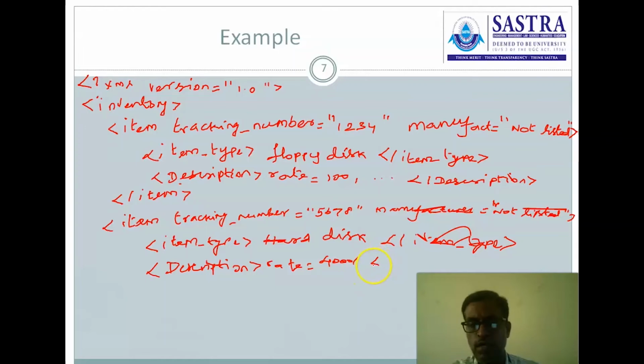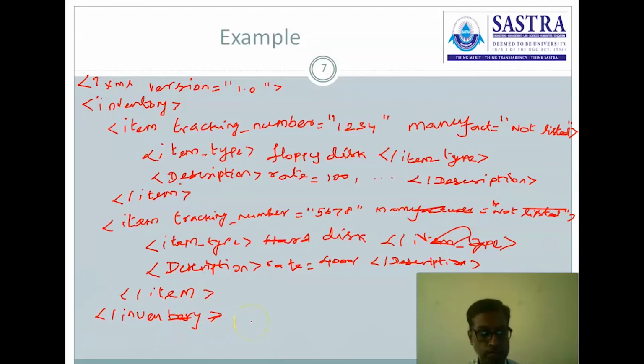If you want, you can include other description also, slash description, and close the item, and close the inventory, and then